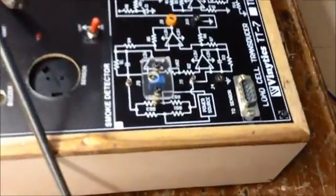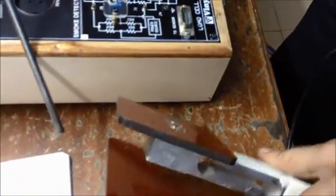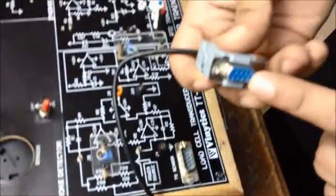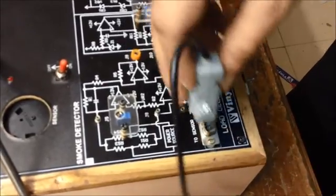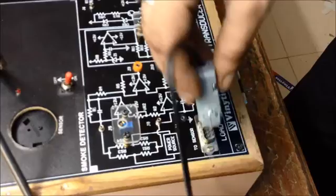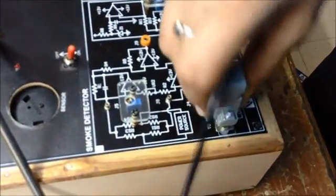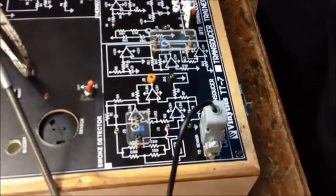Now we are going to start with the load cell transducer. In the load cell transducer we are going to use this sensor. This is our load cell sensor. This is our 9-pin D-type connector, which is with the angle setting, so that you cannot insert it inwardly. After placing the sensor, we need to